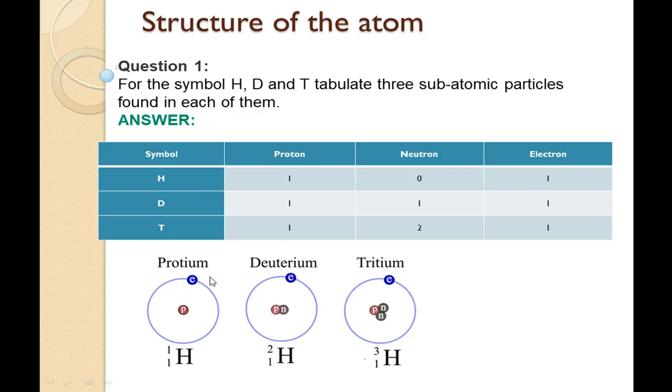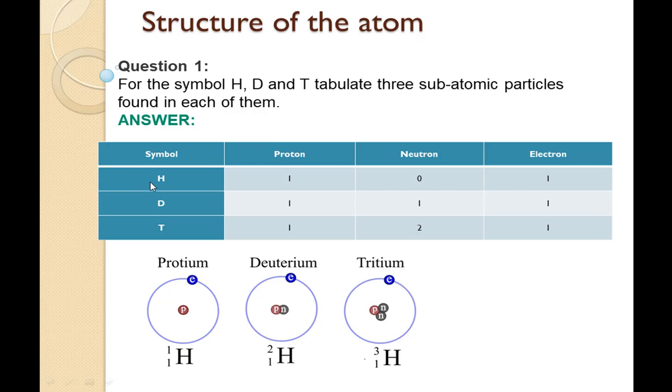Okay. So, here protium, which is commonly called hydrogen, has atomic number 1 and mass number 1. Deuterium, atomic number 1, mass number 2. Tritium, atomic number 1 and mass number 3. Remember, isotopes are atoms of the same element, right? So, they will have the same atomic number. Then what is the difference? The difference is in the number of neutrons, okay?